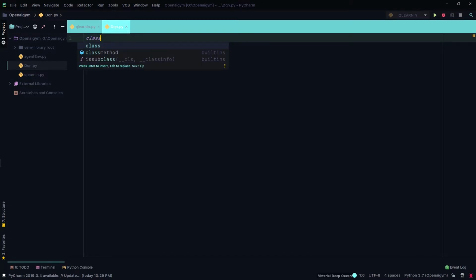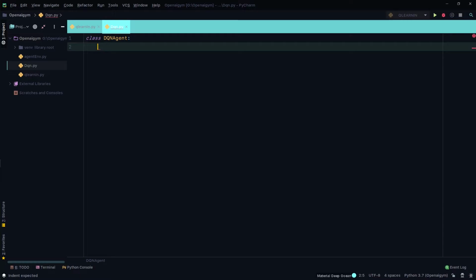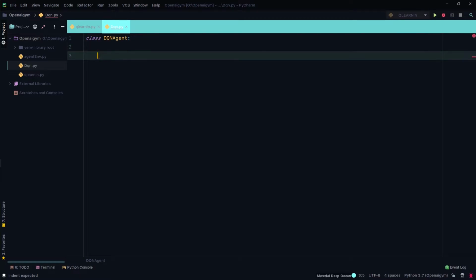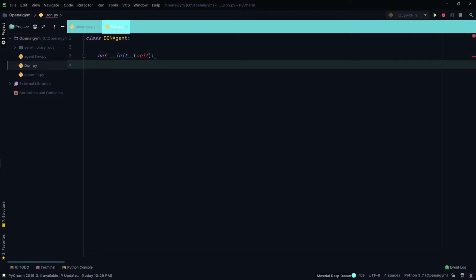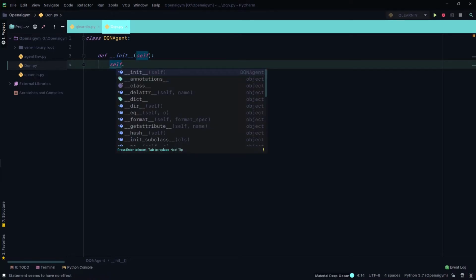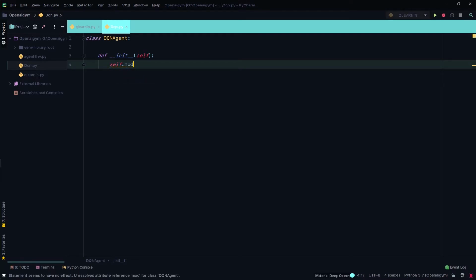So let's just create a class called DQNAgent, right? And in Python, to create a class, the first letter should always be capital. Okay, and then we'll create an init method, which will take, of course, self, where we have the class variables. So self will create a variable called self.model, and before that we'll have to be importing a